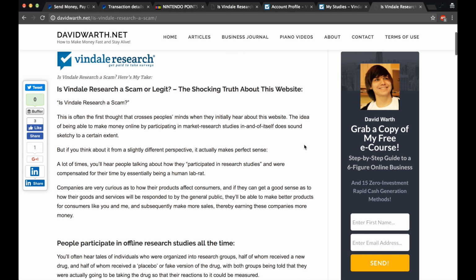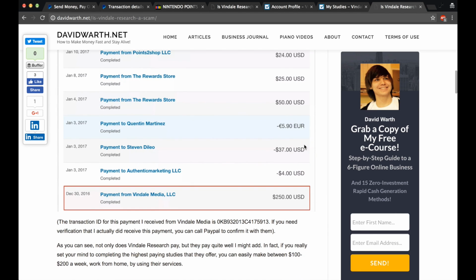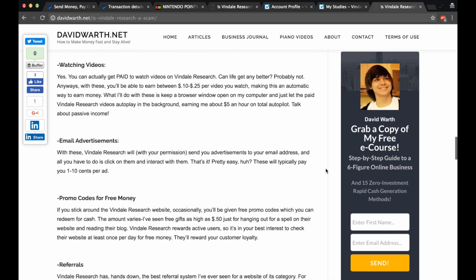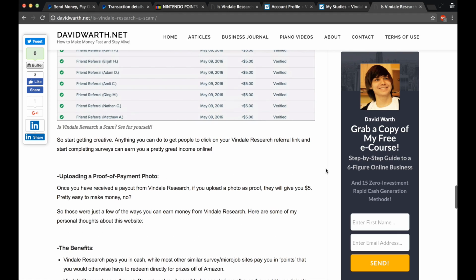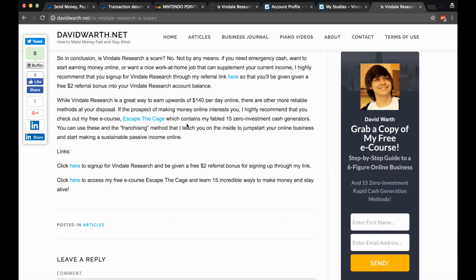Now, this is one such way that you can make money on Vindale Research, which is the process of completing their research studies and participating in them. And people participate in research studies all the time offline, and Vindale has basically taken this industry and put it on the internet. So in order to get that $2 bonus,